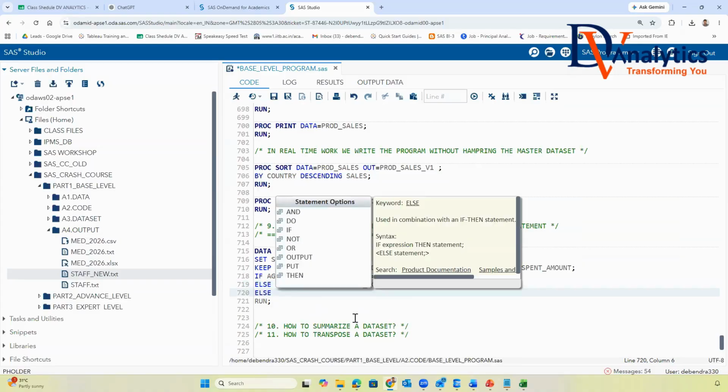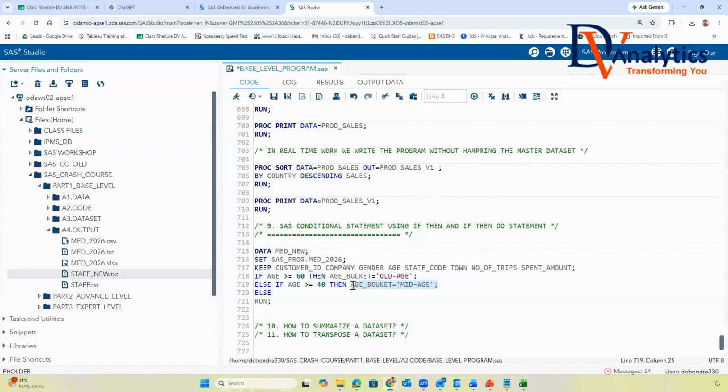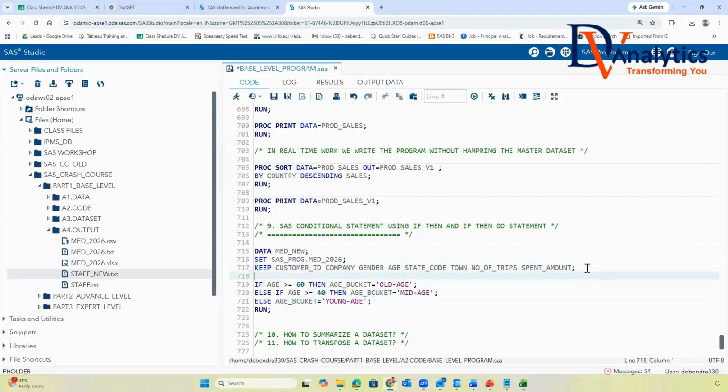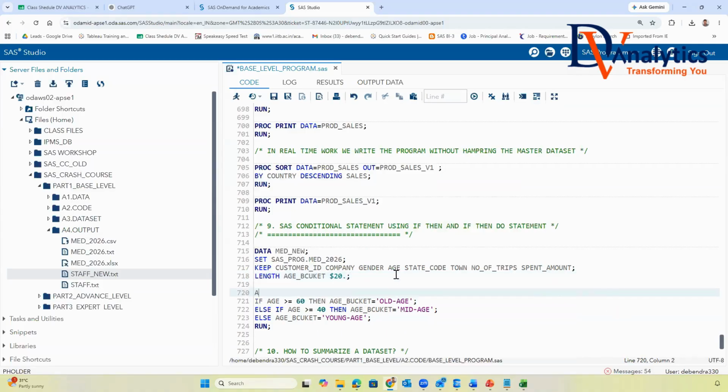Else the age bucket is going to be young-age. Remember, guys, when I create a new variable through conditions, age_bucket, I must define the length of that variable, which is $20.